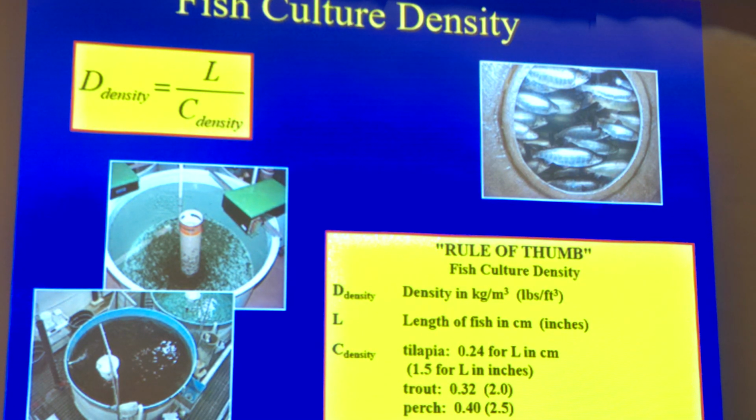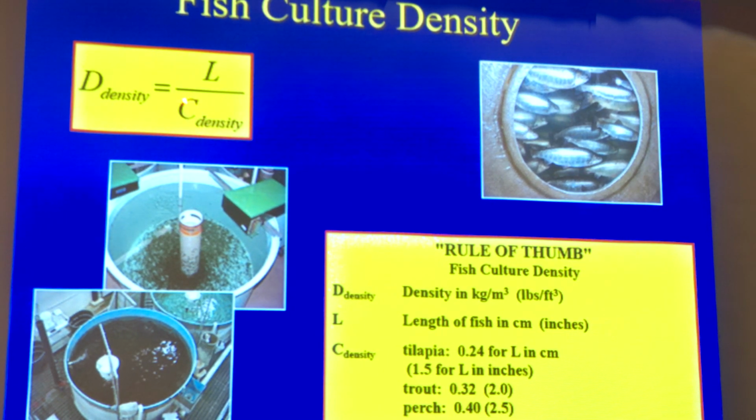then there's the other thing to design your tank, which is the density, what I call the density equation. And I really love this stuff. The density, in kilograms per cubic meter, is the length of the animal at harvest, or when you move into the next stage, divided by the C density factor. The C density factor doesn't change